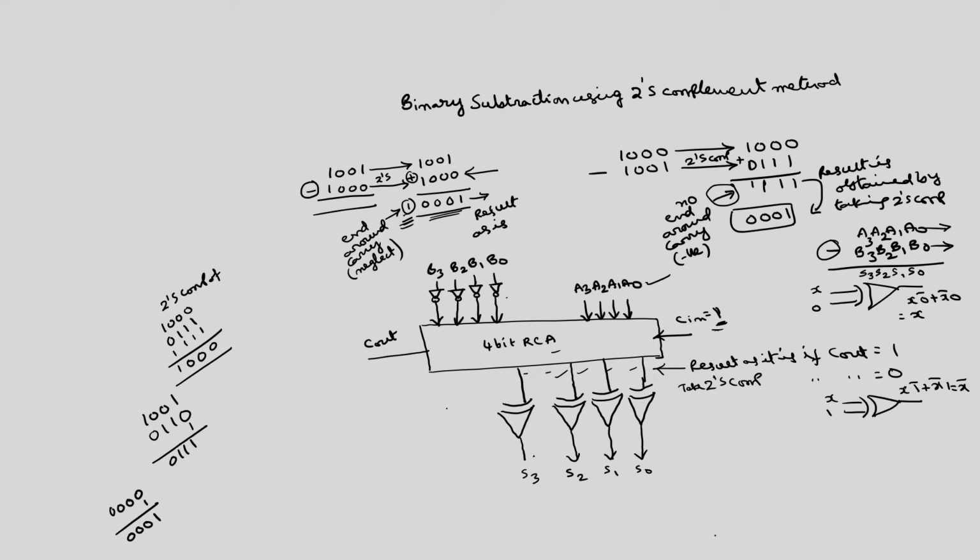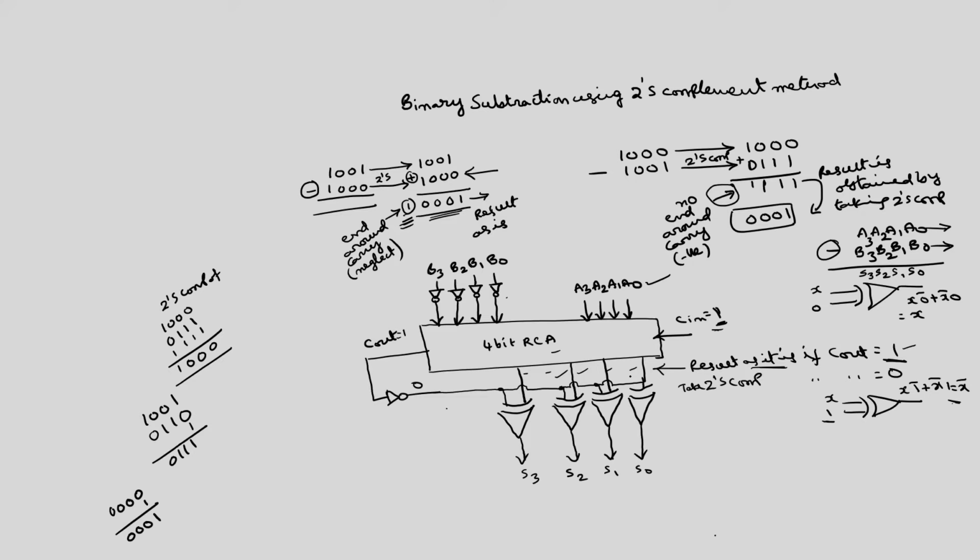But what will be the second signal? This C out we have to use. If C out is 1, I have to take the result as it is, but normally for an exclusive OR gate, a 1 input gives the complement. So you have to pass C out through a NOT gate, so that whenever C out is equal to 1, this is 0, and 0 means as it is. So whenever C out is equal to 1, the result is as is. You have to give this as a common signal for all the exclusive OR gates as the second input. So, this will perform the 4-bit binary subtraction.